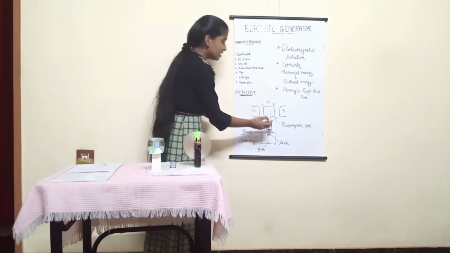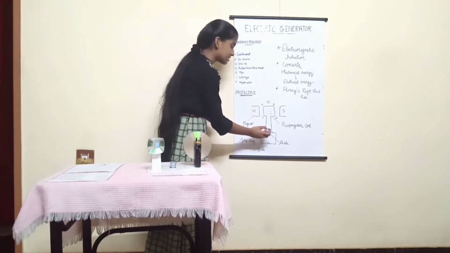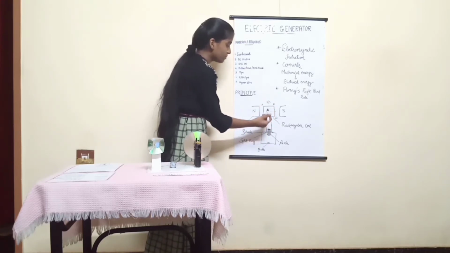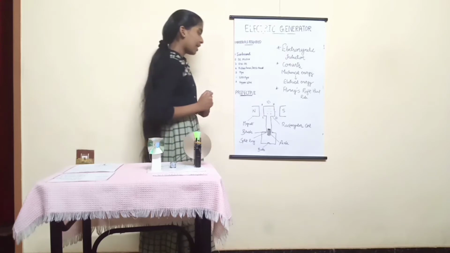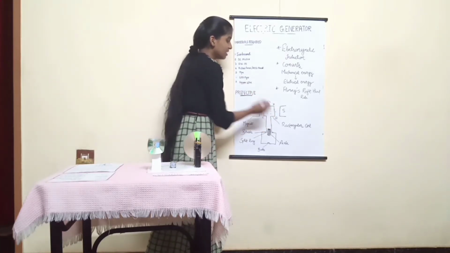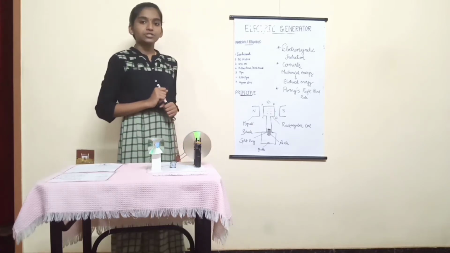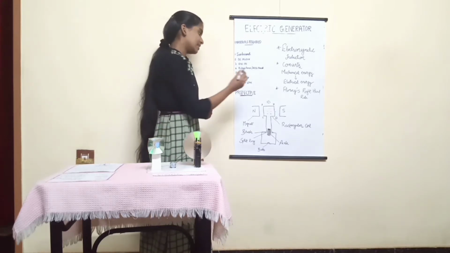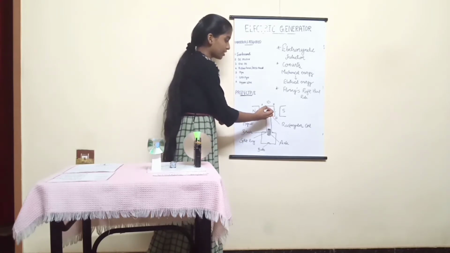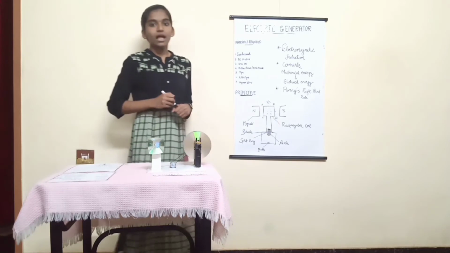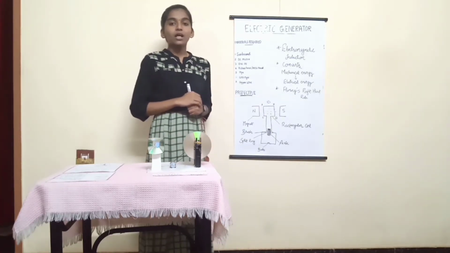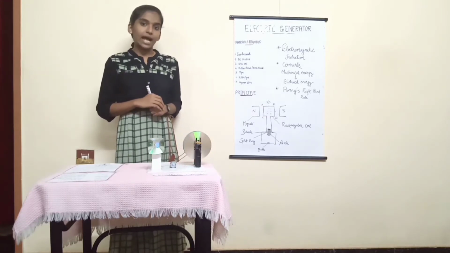And when the rings attached to this axle rotate, the arm AB moves down and the arm CD moves up. And from this we can say that the coil ABCD moves clockwise. So by induction, the current is produced in this rectangular coil ABCD. And we can also show the direction of induced current by using Fleming's right hand rule.